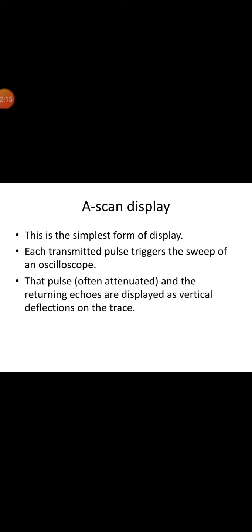Often, the amplifier gain is varied with the sweep to compensate for the lower amplitude of more distant echoes. In most cases, the transducer is kept stationary so that any movement of echoes along the trace will be the result of moving targets. So, an example of the A-scan display is the echoencephalogram.